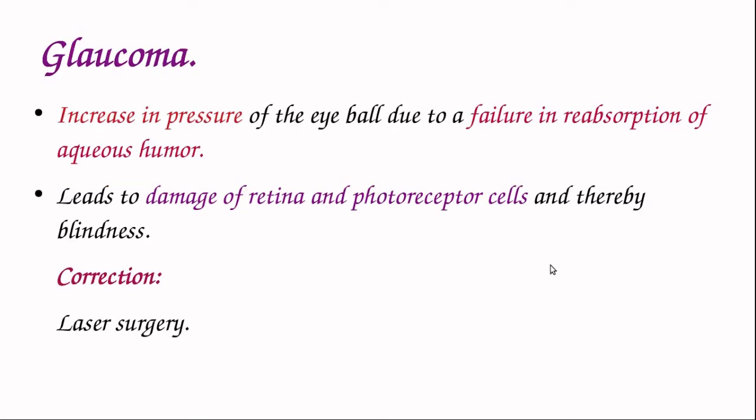Then glaucoma, it is a condition in which the pressure of the eyeball is increased due to the failure of reabsorption of aqueous humor. You know that aqueous humor is the watery fluid that is seen in between the cornea and the lens, and that chamber is called the aqueous chamber, and it is filled with the watery fluid that is formed from the blood, and it will be reabsorbed back. And if the reabsorption doesn't happen, the pressure of the eyeball increases, and that leads to the damage of retina